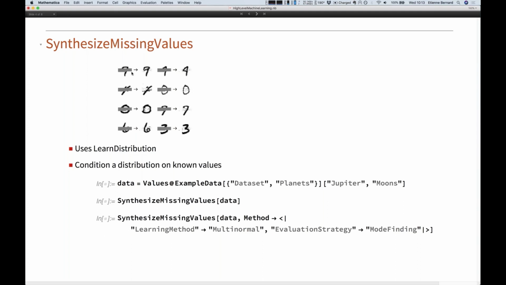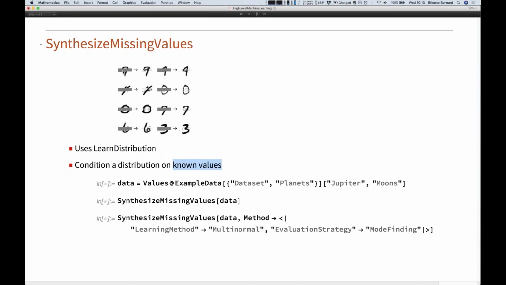So here the goal is, let's say you have this picture of a 9, but actually we don't know, it could be a 7. And some pixels are just unknown, so it's not that they're gray, it's just that they're unknown. The idea would be to predict what these unknown values would be. And the way we do that is that we train a learned distribution on the data set, and then we use the distribution by conditioning it on the known values.